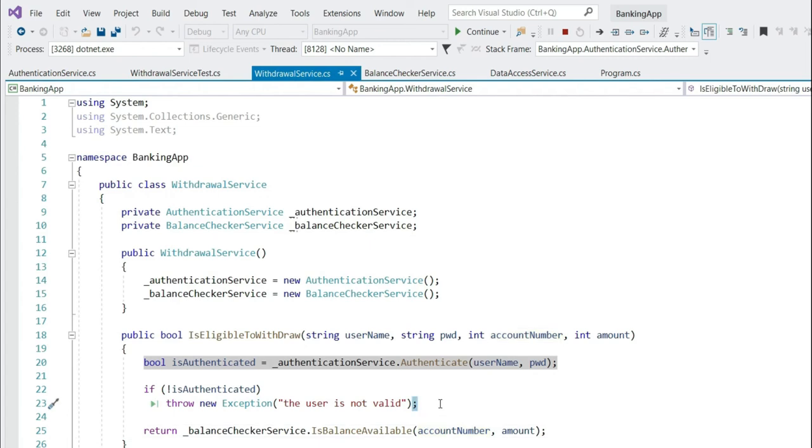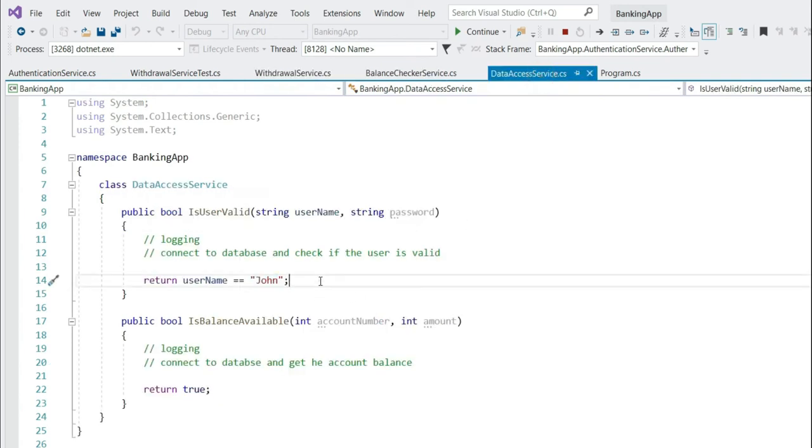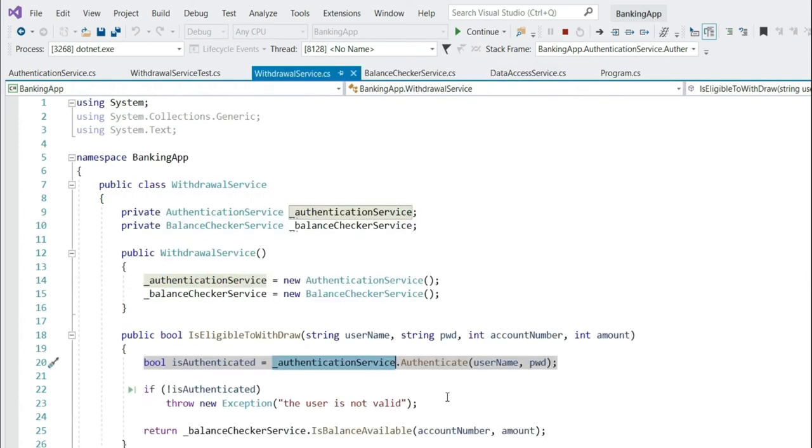Moreover, this is not the intention of a unit test also, that it should check other components. So basically while writing a unit test, we don't want to bring in other real services. For instance, in our case, the real authentication service. Because these other services are bringing up a whole lot of database operations as well. And that's not good at all. Also, as mentioned earlier, the intention of a unit test is to test a small portion of the application and verify its behavior independent from other parts.